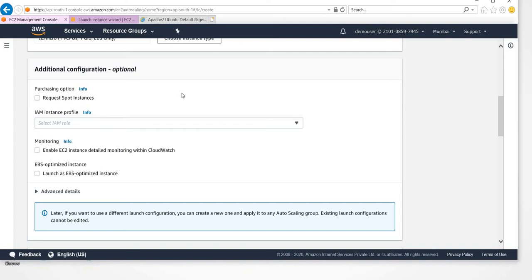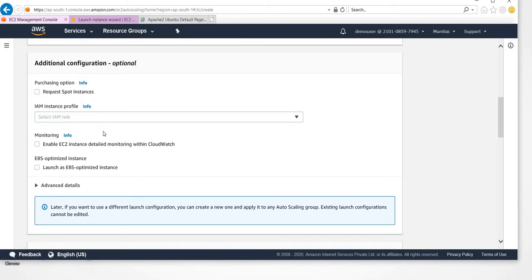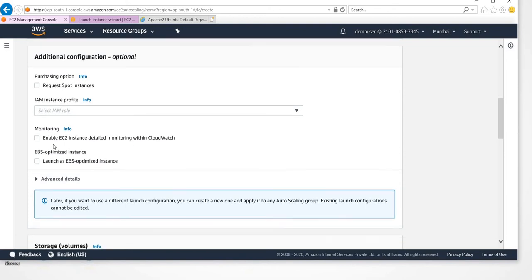Okay, so currently we don't need to have anything on that front. If at all you wanted to access any of the AWS resources, you can configure and then assign it here. So this is nothing but the monitoring, which means what are the default monitoring capabilities. That will be taken care of by default.